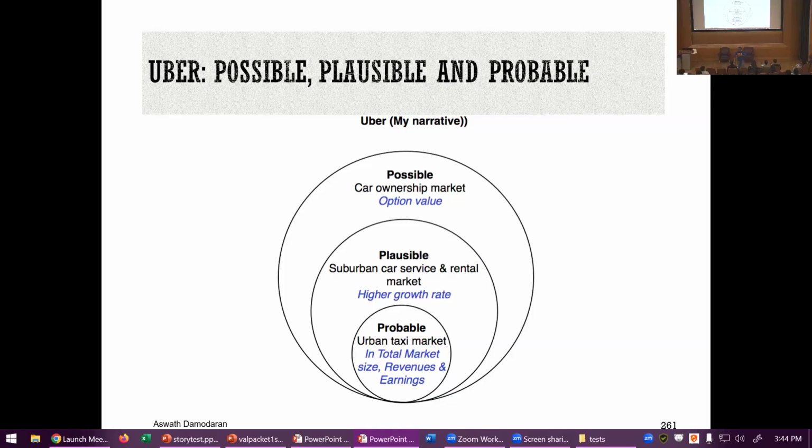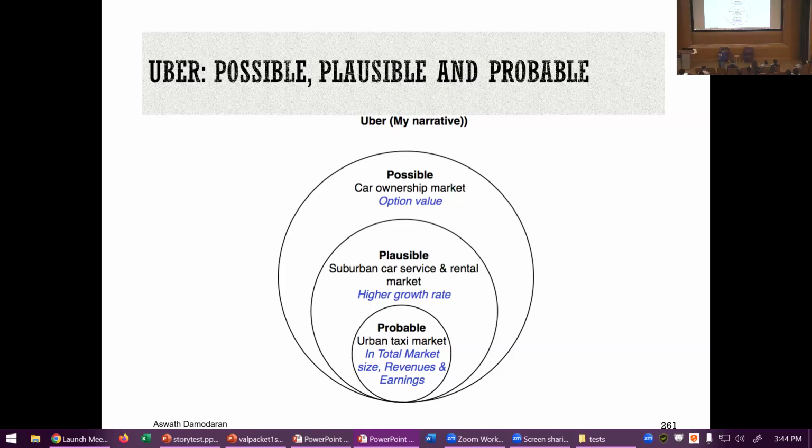Could I have told a different story in 2014 for Uber? Yeah, I could have told you a much bigger story. But if I did that, the onus is on me to try to explain why the bigger my story gets, the more defense I should be playing, because I have to justify all these parts of the story. So stories lead to numbers, numbers lead to value, right?